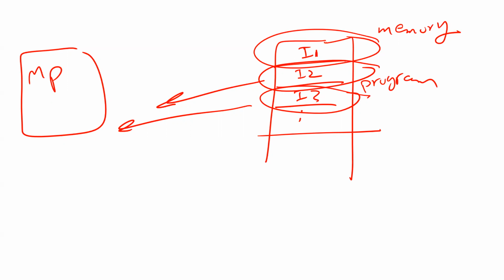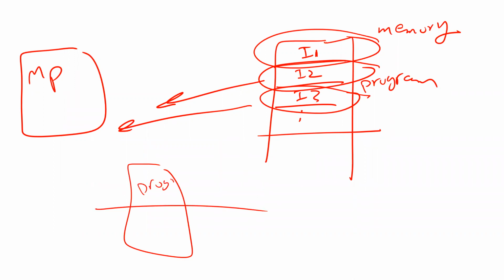Because without memory, where do you store your program? Also, you have data. For example, I need variables. Where are you going to put your variables? Any program needs data, needs variables. So where do you put your variables? Also in memory. That's why I told you in memory, you have one part for your program, and one part for your data. Here, your data can include variables.